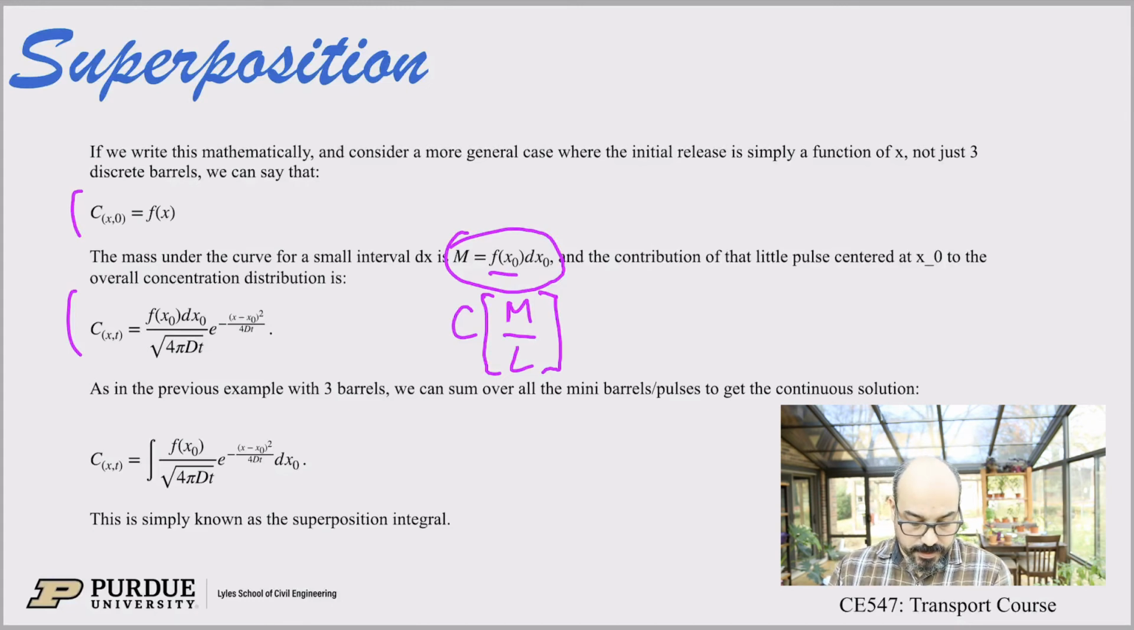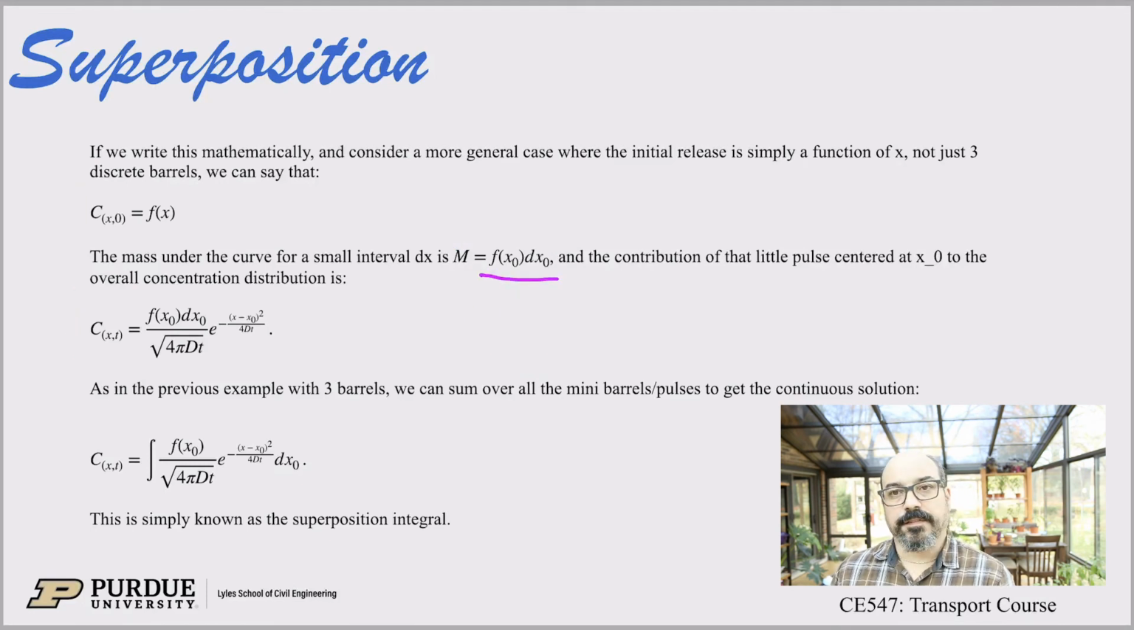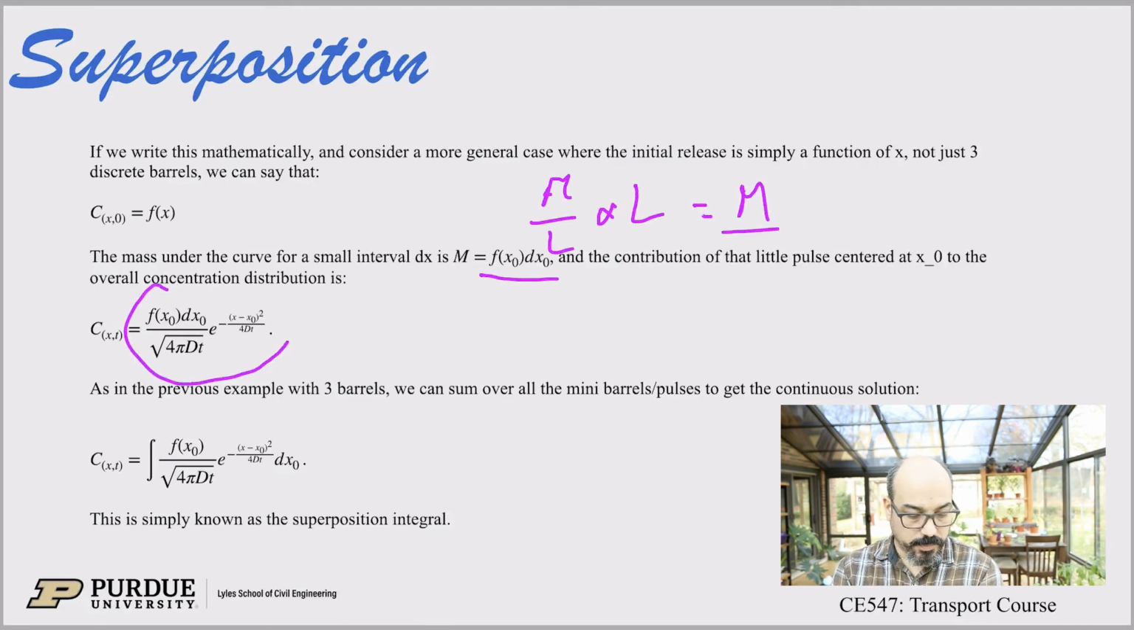Which means that now we can write the mass as the initial function of x times dx, to remove the length scale. So it's mass per length times length equals mass. So now we have mass, so we can replace it in our fundamental solution. Again, notice that x0 here is ut or vt, whatever you want to call it. I've been talking about this in the past few lectures. And now we have a